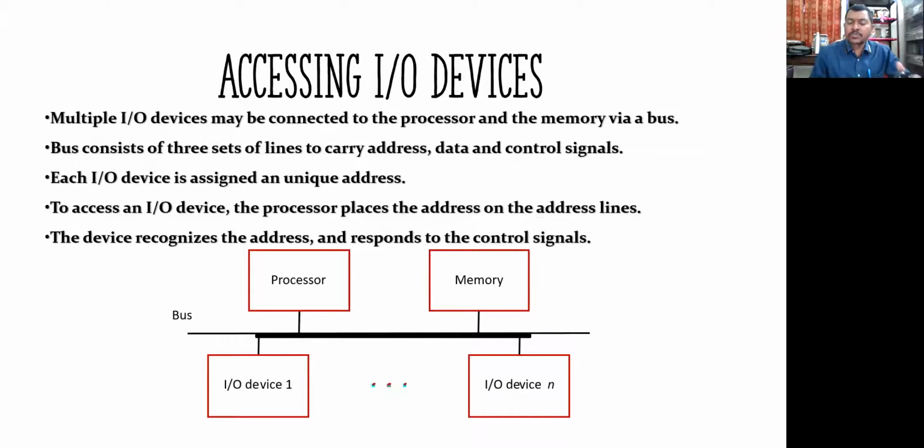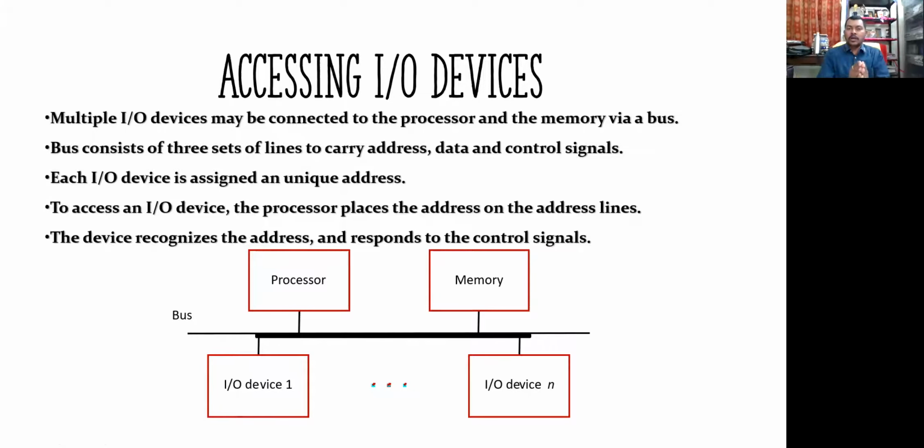Then yes, this is what the block diagram looks like. Everything which we need to control and communicate with: this is the processor and this is the memory, they are alongside and connected via the bus. And here we have input output devices 1, 2, 3, 4 up to n. So we can connect n number of input output devices and we can communicate, but the communication is between the processor and input output devices via the bus, right? So bus means the particular bunch of lines through which we are expecting to communicate. So we have address lines and we have data lines, right?